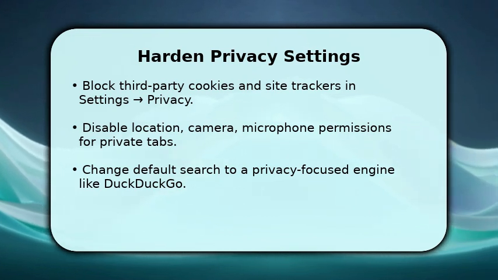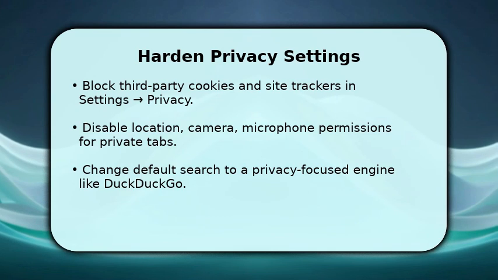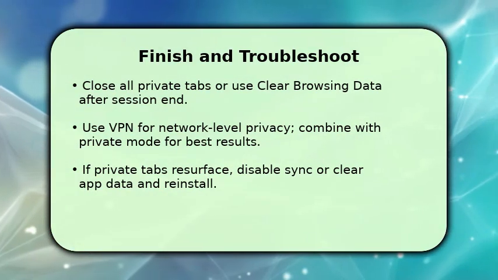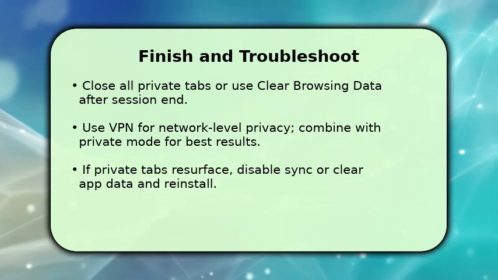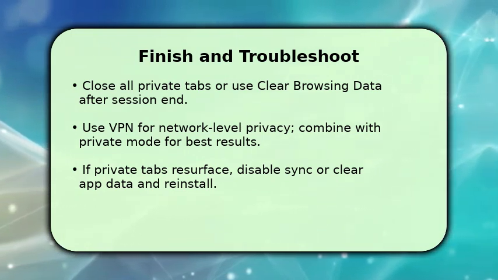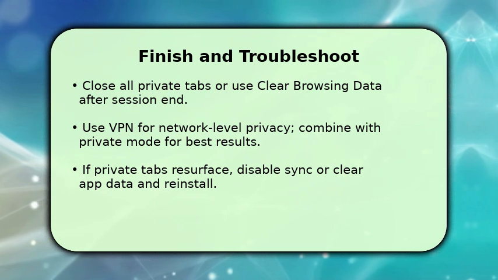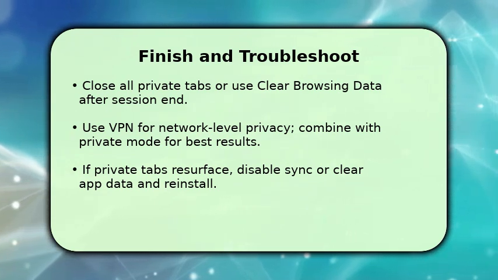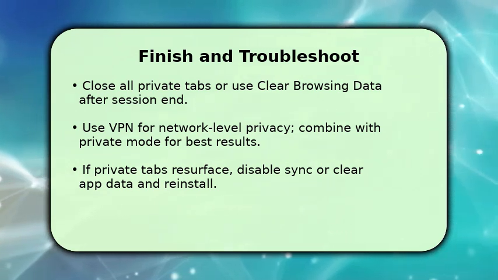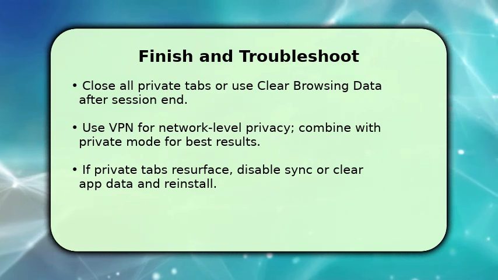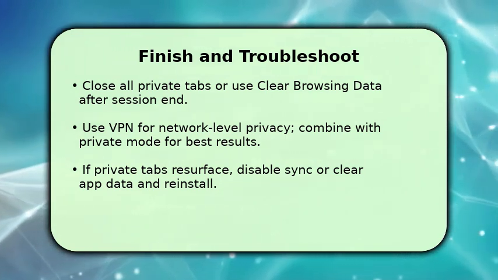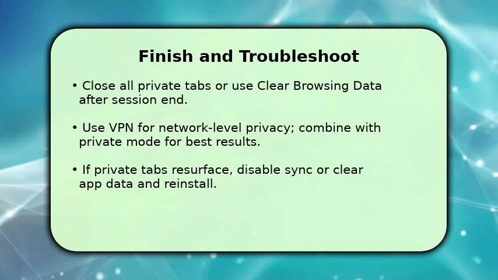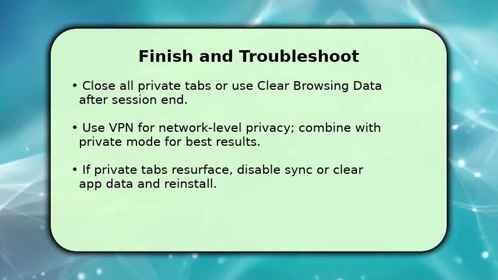and permissions are blocked. To finish, close every private tab and clear browsing data if needed. Private mode removes local history, but explicit clearing is safer. Consider running a VPN to hide network metadata from your ISP, together with private tabs that limits both local and network traces. If something goes wrong, for example, private tabs reappear or data syncs unexpectedly, disable browser sync immediately, sign